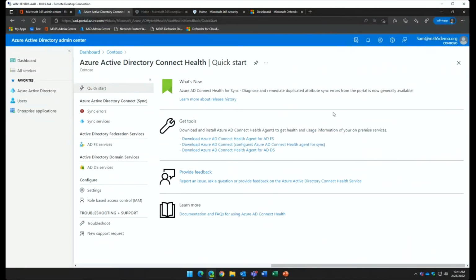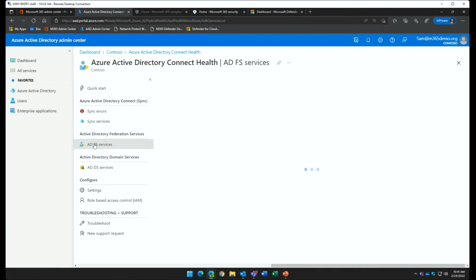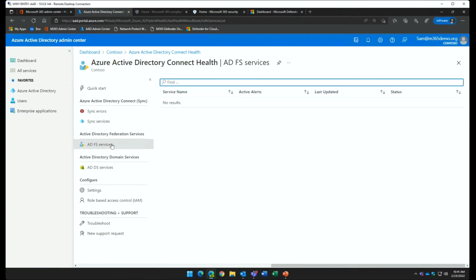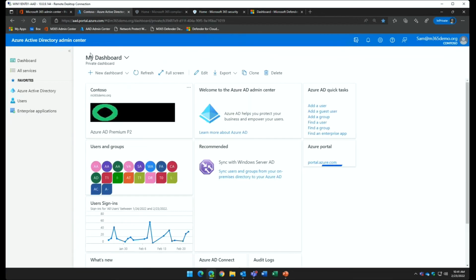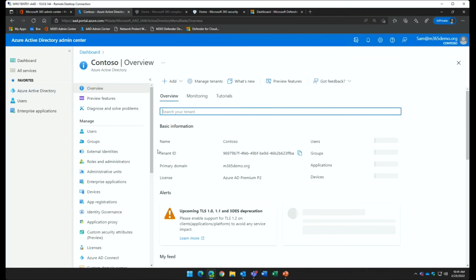It's an agent you can deploy on your ADFS servers that will then pull in the apps connected to ADFS. It'll help you with the migration. It'll tell you prerequisites. It'll show you who's using those applications and who might be impacted if you do that cutover. And all that detail can be found when you go to the ADFS services after you've deployed those agents on your ADFS servers. So with that, let's just jump back to Azure AD.